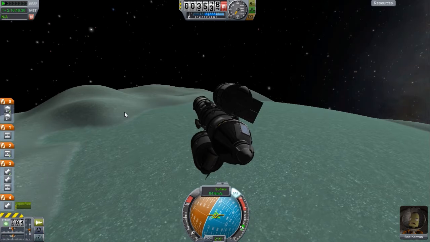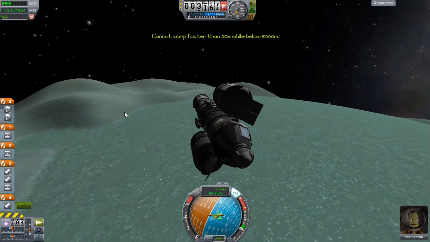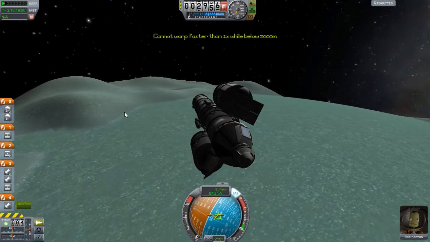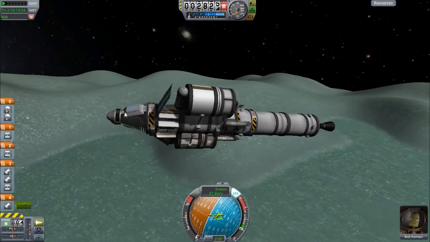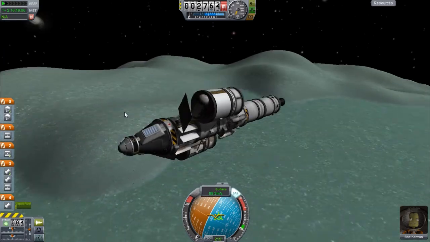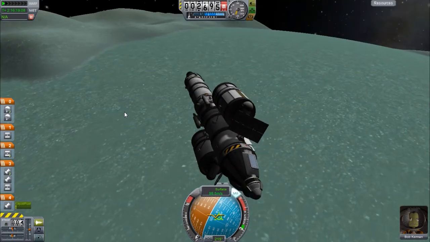He sewed his name onto his jacket, but it really wasn't his. It was one of Jebediah's old ones during training. But hey, now he has definitely earned one through this little endeavor. Now, it takes a while to land on Minmus because time acceleration stops once you're under 3,000 meters above the